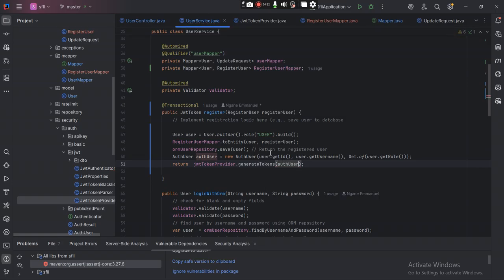And basically, this is our sign up, right? So again, we implement the registration here. What happens is that we build our new user and we convert our registered input to our entity. That's after validation. You can implement your validation logic in the DTO class and your custom validations, as we have seen in previous videos. And then we save the user to make sure that we get a user now with an ID,